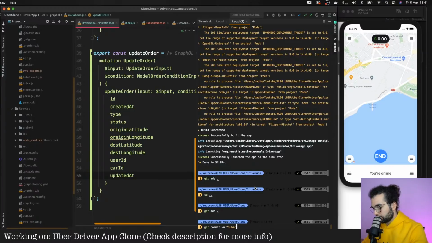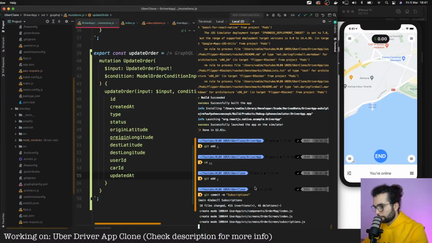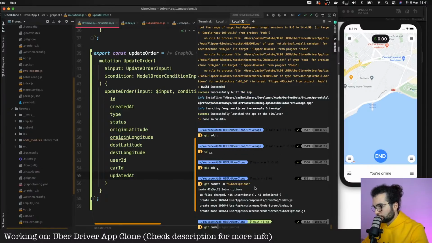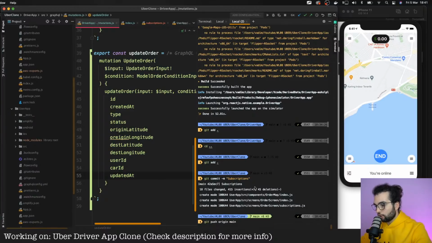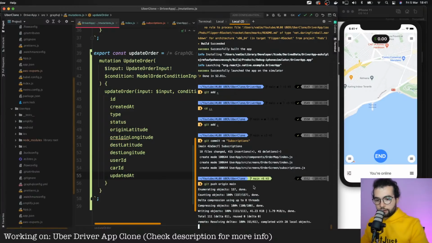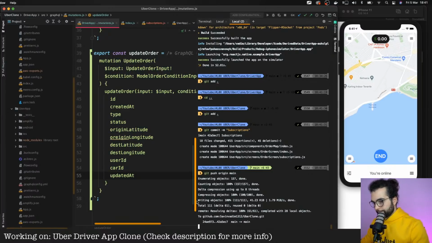Yeah, subscriptions probably. And let's do git push origin main. And now all the code is available on the GitHub repository.